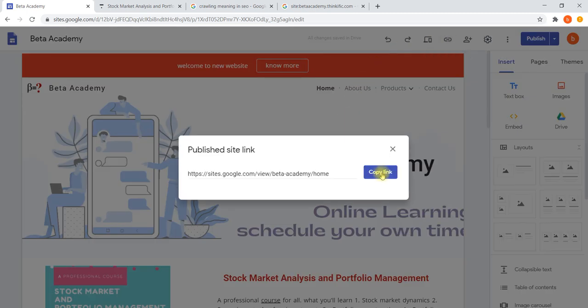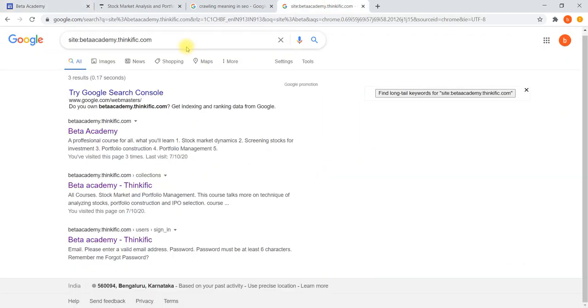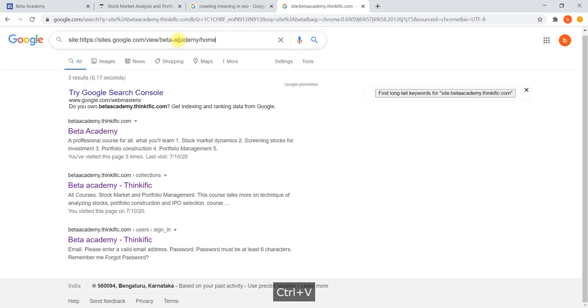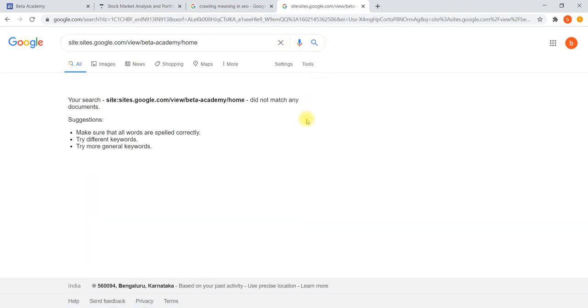If I say site colon and paste that site, to check this particular site, it shows that this page is not registered. You can share it, but when it is not registered in Google, you will not be able to get crawled. It will not be able to find anything on Google.